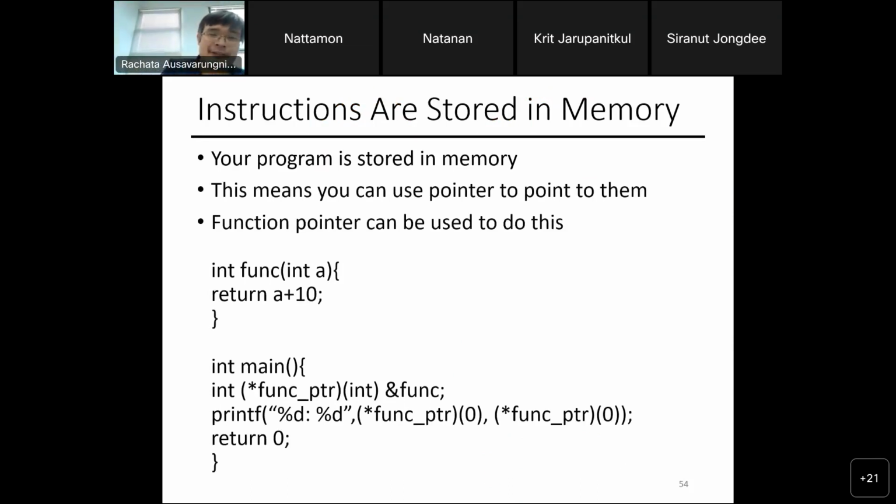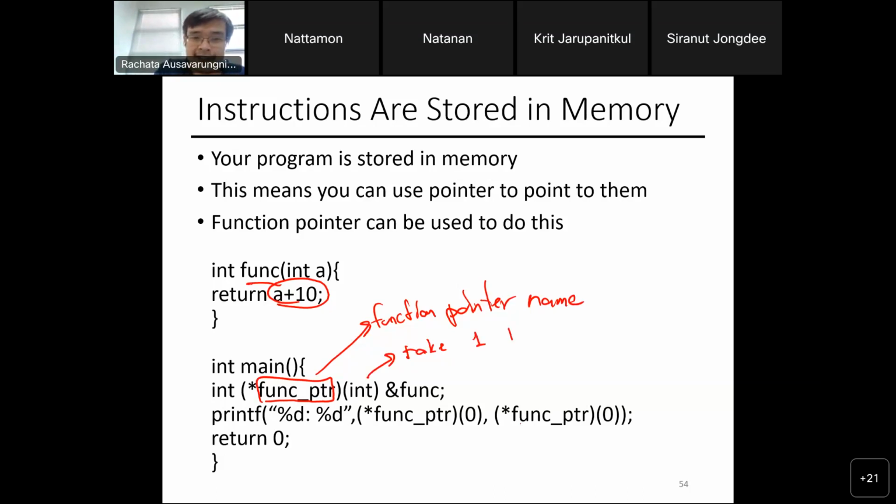Here's one example. I have a function called func that only adds 10 to a and returns, right? I can create a pointer called funcptr. This is the function pointer name. And let's crack this one at a time. Because I do star funcptr, that's a pointer. That's the name, and that is a pointer type. It points to something. This something is a function that takes one integer